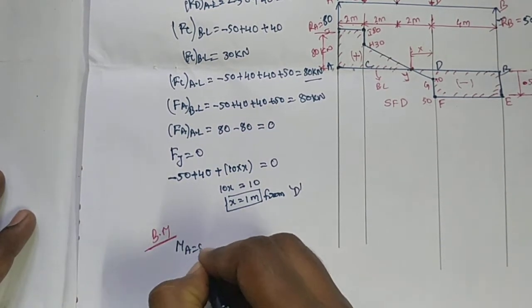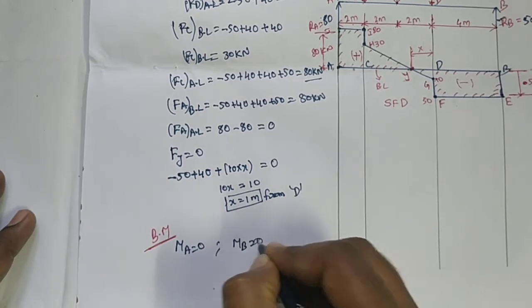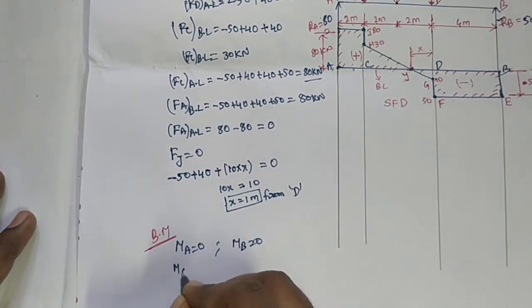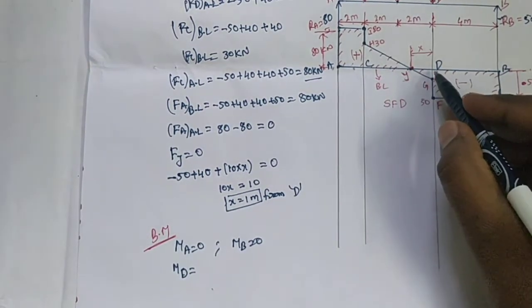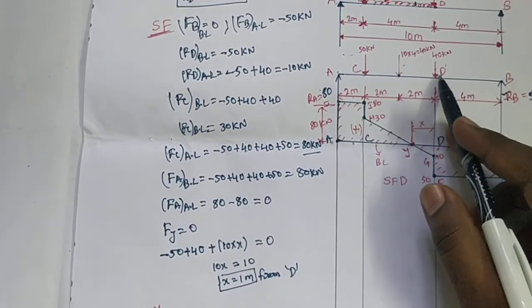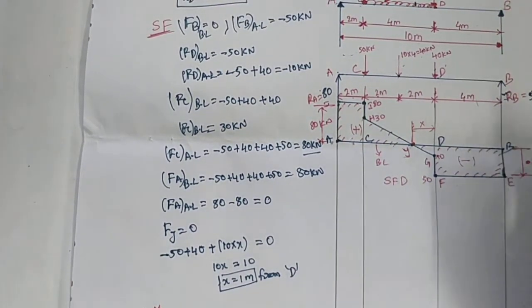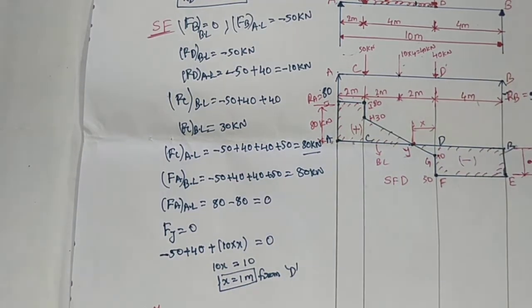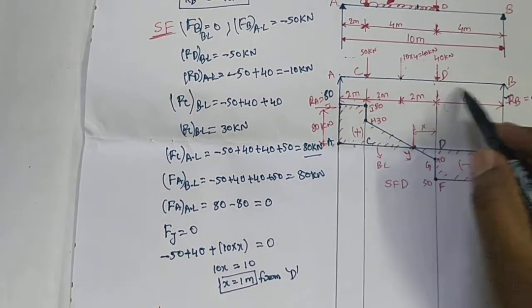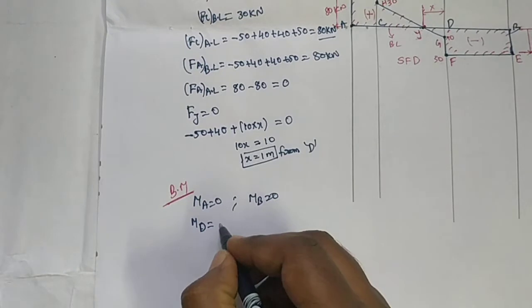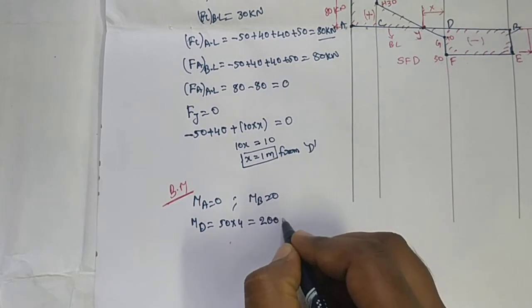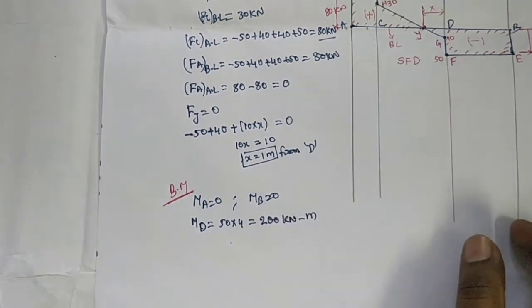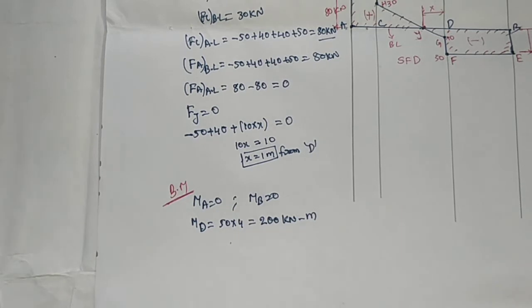We can calculate directly. Next, bending moment at point C. Bending moment at point D. At this point, we need to calculate the bending moment. Right side of D only acting reaction force, that is 50 kilonewtons. It is acting anti-clockwise, so that it can be taken as positive at a distance of 4 meters from point D, so that it can be written as 50 into 4, that equals 200 kilonewton meter. It is the value of bending moment at point D.